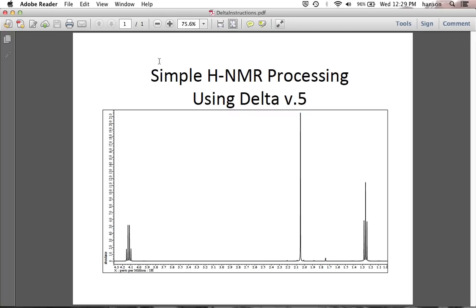Hi, this is a short video showing you how to use Delta version 5 to process simple proton NMR spectra on your computer. I assume that you already have loaded Delta onto your laptop or your computer and are ready to use it. You need to acquire a spectra on the NMR spectrometer, and typically we then email it to ourselves. So you'll need to go to your email program and download the spectrum and save it on your computer